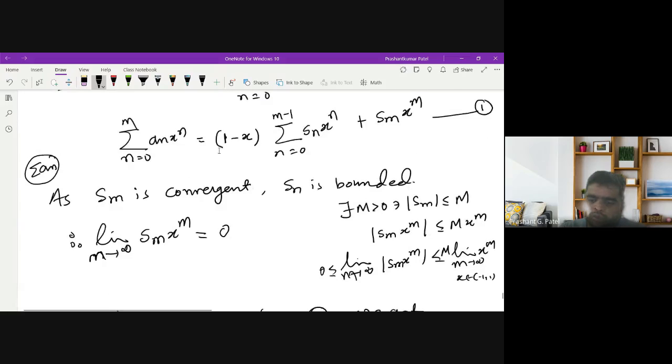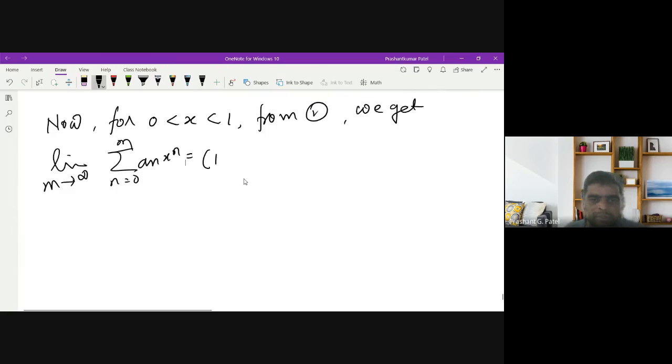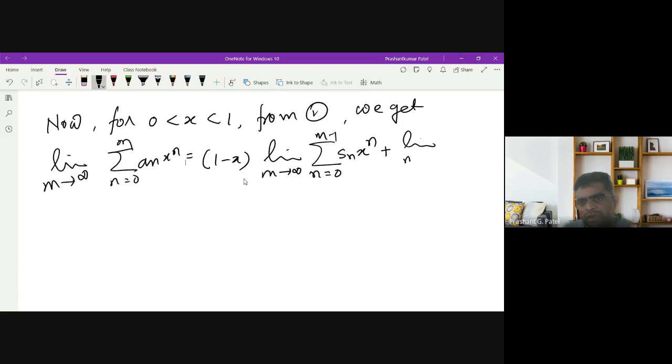Here it is 1 minus x, which is independent of m, so I may write it outside the limit. Limit m tends to infinity, n running from 0 to m minus 1 of Sn x raised to n, plus limit m tends to infinity of Sm x power m. We know that this will tend to 0,